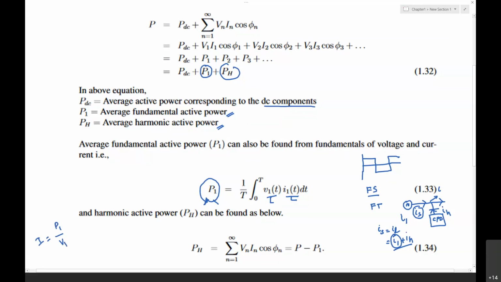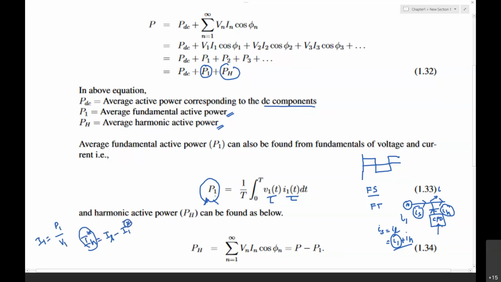For that, finding out the fundamental active power is very important. Once this I1 is found, this is the fundamental current. This IH current, the harmonic current, we don't know what kind of harmonic currents are there. In order to find the harmonic current, we can just have IH equal to the IL, the load current, minus the fundamental current. This star is the reference. Once you find out the IH star, it is very easy to control with these custom power devices.